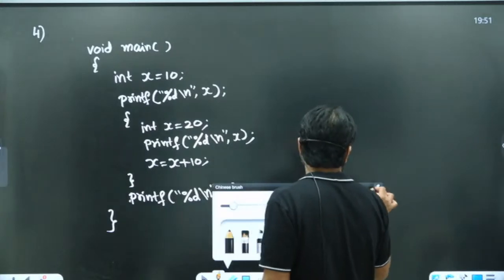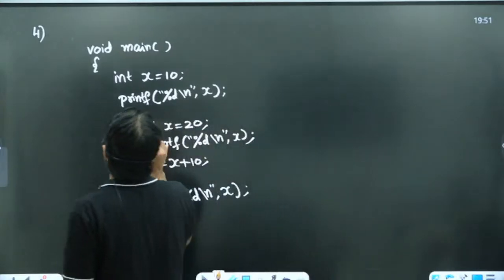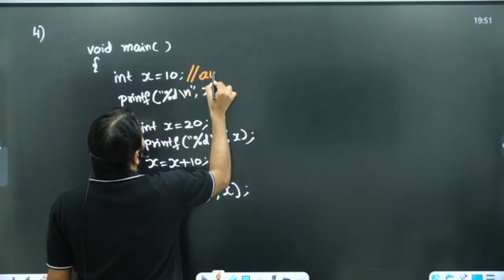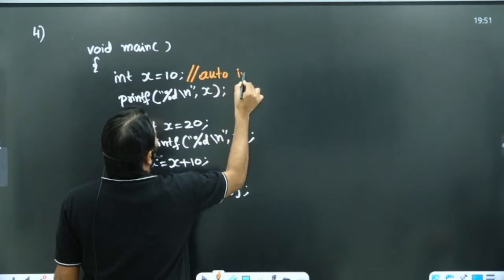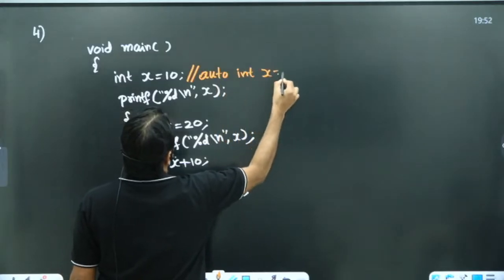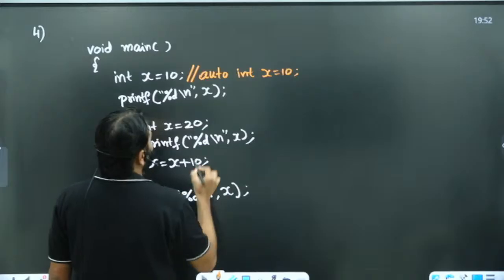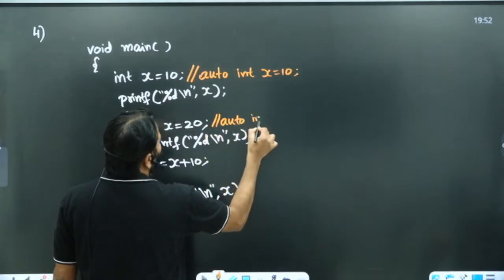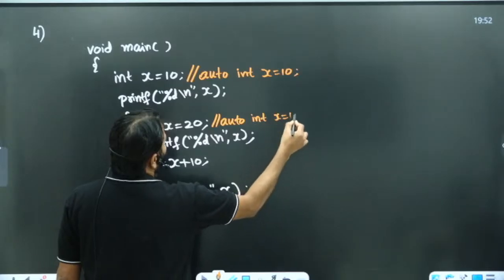How many of you can tell me what this is? Can I write this the same as auto int x, register also? Fine. Both will have the same effect. Is it the same as auto int? Why do we say this is an automatic variable? Anybody?